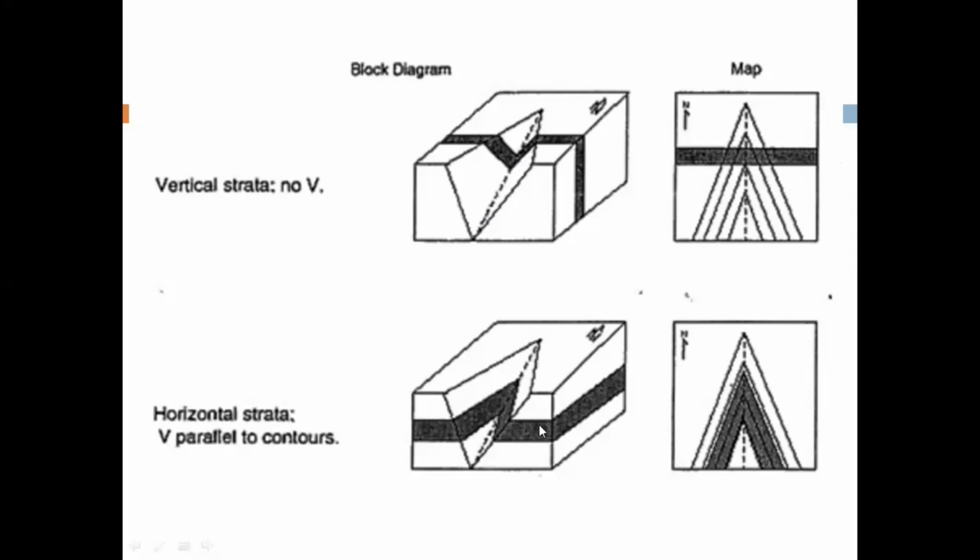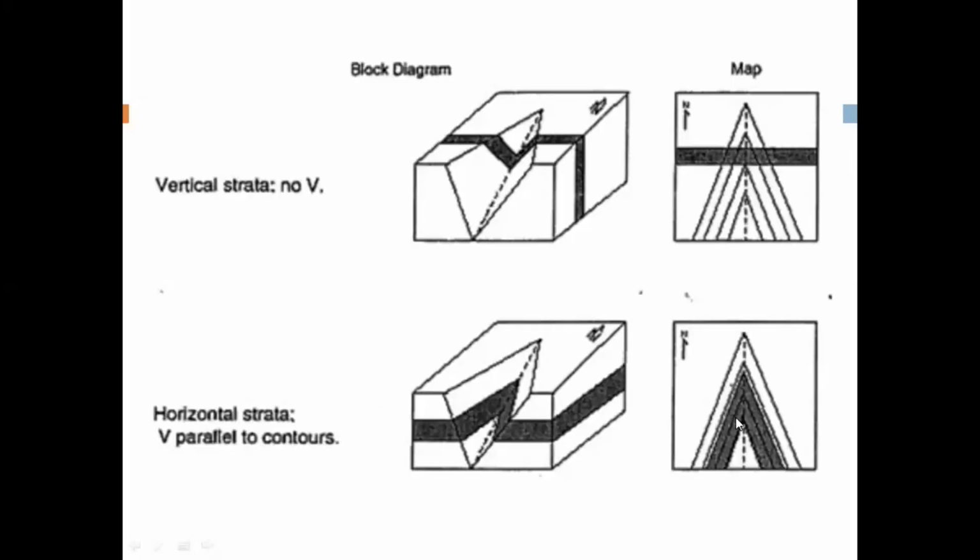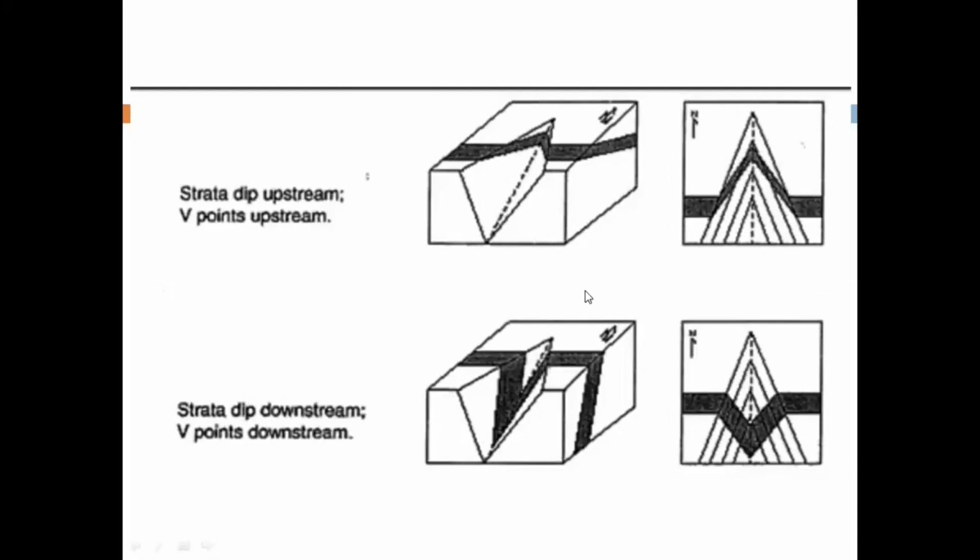so it represents that the strata in that particular area is vertical. Then comes another example in which the beds are parallel to the overlying beds, and as we have also seen here, the geological contact and the contours will be parallel. Here you can see the contour lines, and the geological contact, the darker color, has the same height and the same pattern as the contour line. So it represents that the strata in that particular area is horizontal.